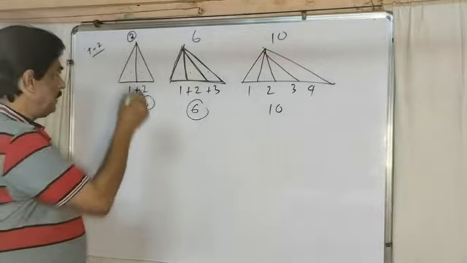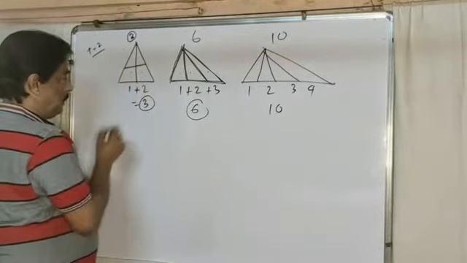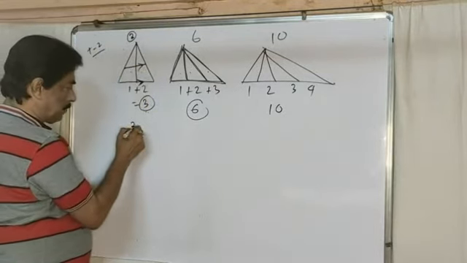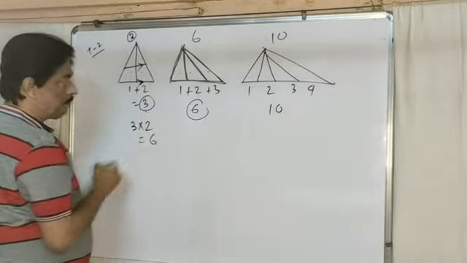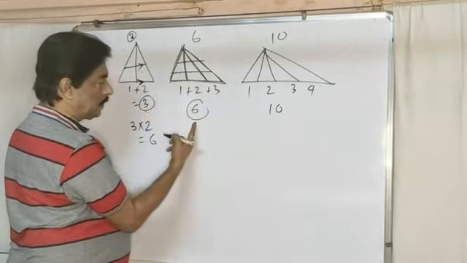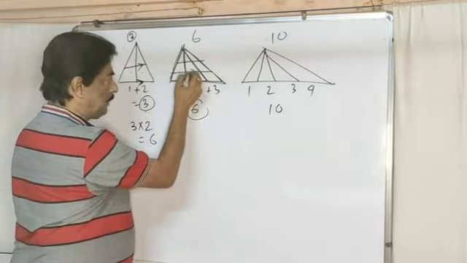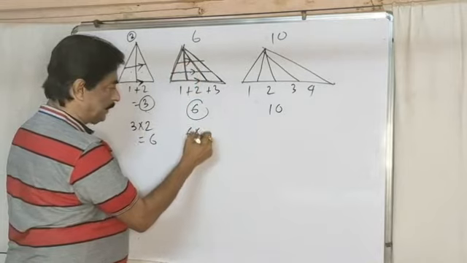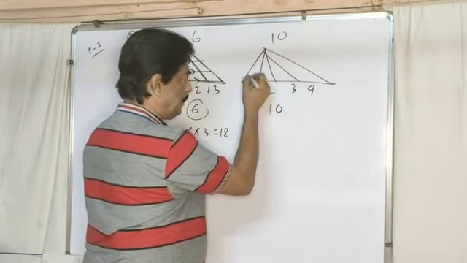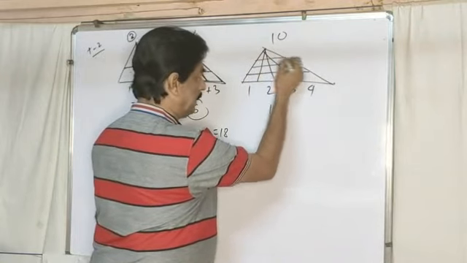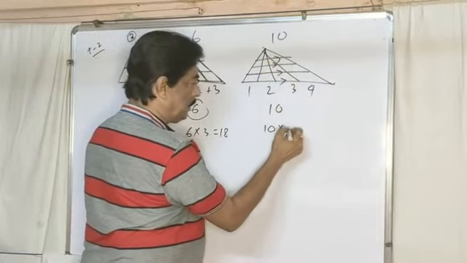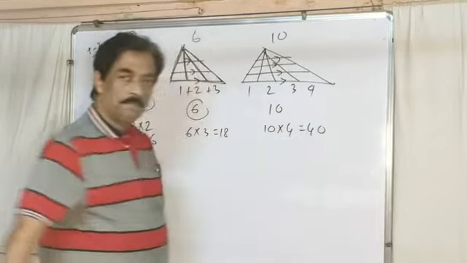Now, if I make one parallel line, for one line it is 3. For two lines, your total triangles will be 2 into 3, 6. If I say this is one line, this is another line. For one baseline, your total triangles are 6. For 1, 2 and 3, 3 lines, total triangles are 6 into 3, 18. For one base, your total triangles are 10. Now the number of sides, 1, 2, 3 and 4. The number of bases is 4. So 10 into 4, 40 triangles inside the figure.